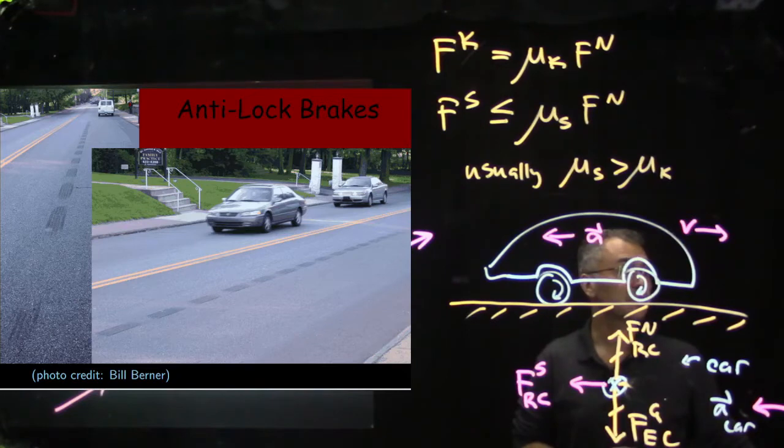So it's really those blank spots where you do not see tire tracks that contribute the most to the car slowing down. So the tire starts to skid a little bit, and then the anti-lock brake system backs off a little bit on the brakes, and then it brakes as hard as it can until the car just starts to skid, and then it backs off again. So it's really those little bare spots where there's no black mark on the road, I think,